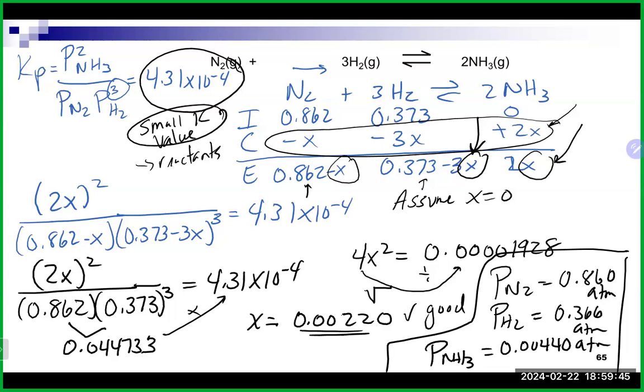Yeah. So basically, for the 5% rule to check it, you take whatever x value you get and you divide it by whatever you're going to subtract it from. You could also do it for this guy as well. If you're going to do it for this guy, what you would actually do though is multiply the x value by 3 first and then divide it. And if you do that, I think maybe you get like 2% or something like that on that one. And I say in my experience, usually if you check one of the reactants and it's good,